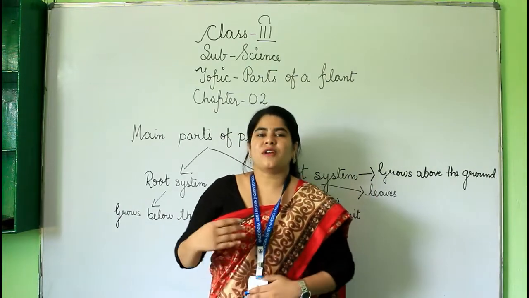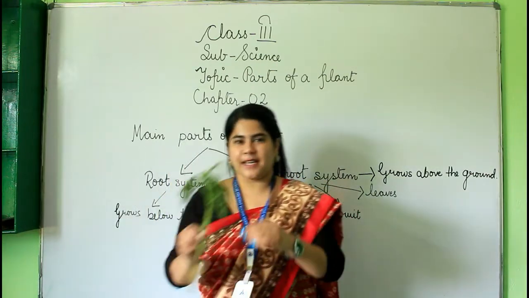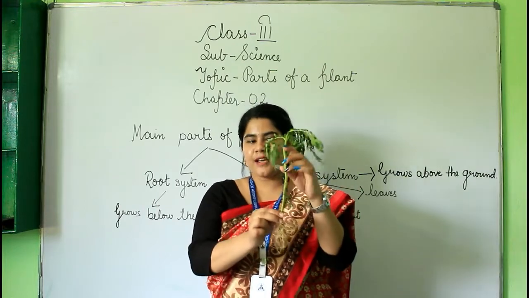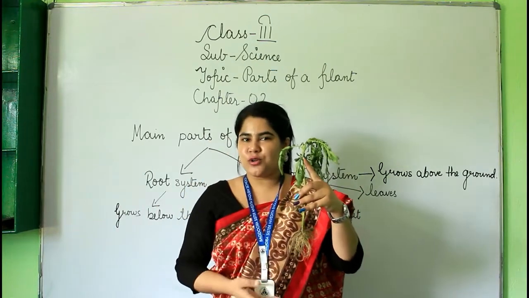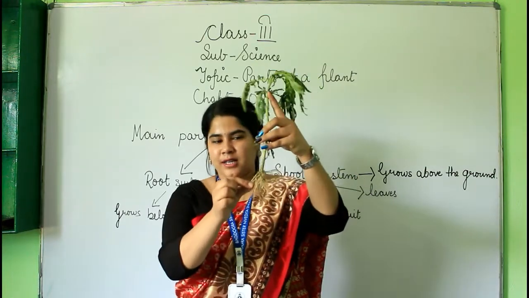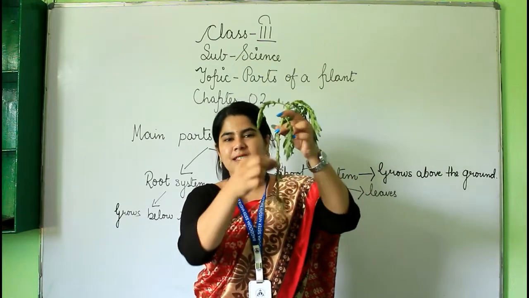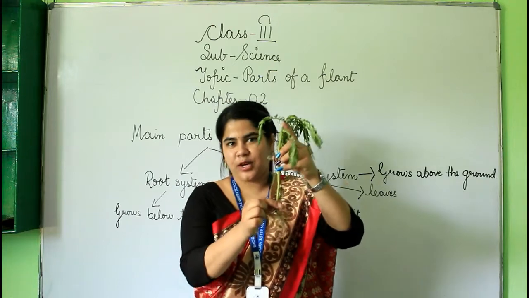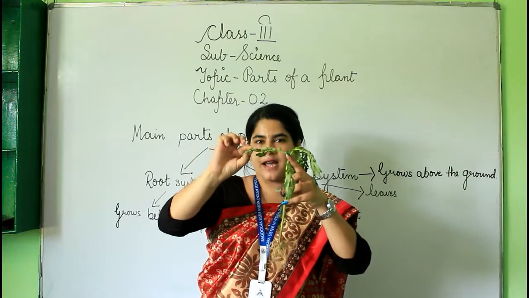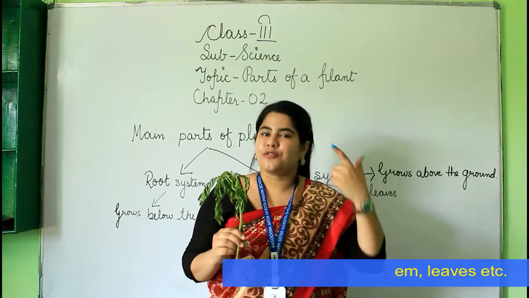Okay. So before moving forward, I want to show you one thing. See, what is this? This is a plant. So before I proceed, I want to show you the various parts of a plant. This is called root. Say along with me, read along with me. This is called root and this is called stem. This is called root, this is called stem, this is called leaves, alright. And there are two more parts, that is flower and fruits.